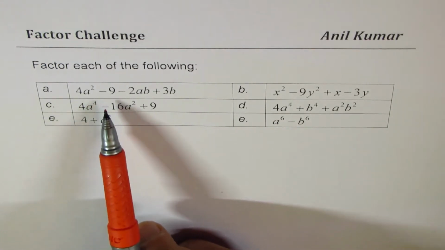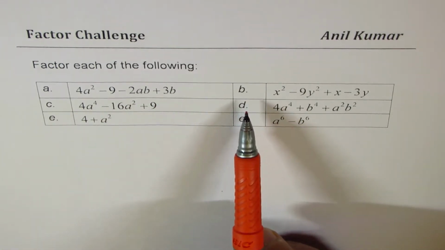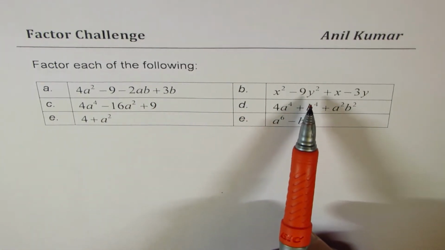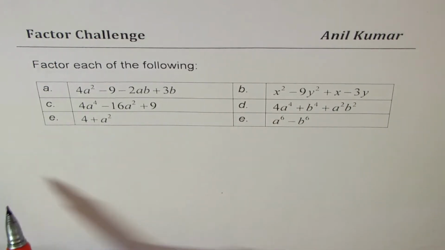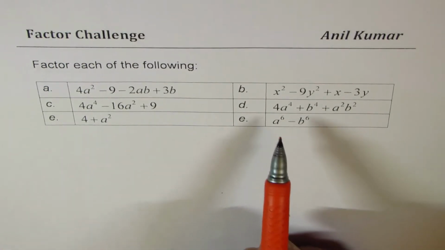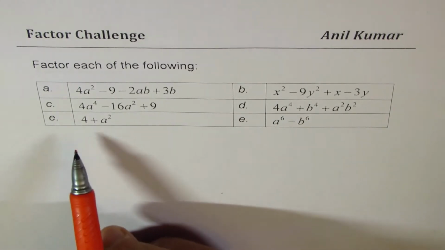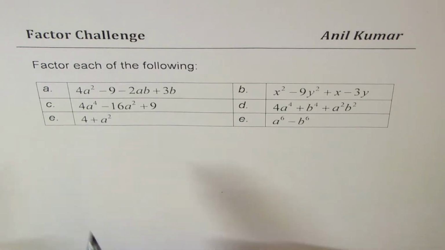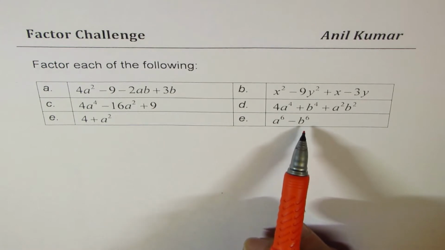A, 4a square minus 9 minus 2ab plus 3b. B is x square minus 9y square plus x minus 3y. C, 4a to the power of 4 minus 16a square plus 9. D, 4a to the power of 4 plus b to the power of 4 plus a square b square. E, 4 plus a square, and F is a to the power of 6 minus b to the power of